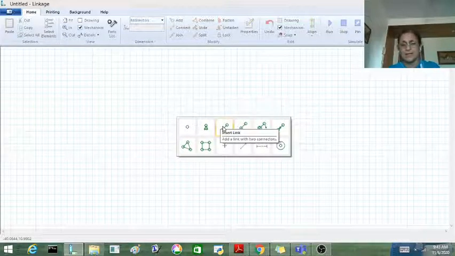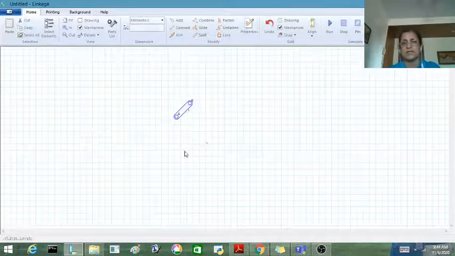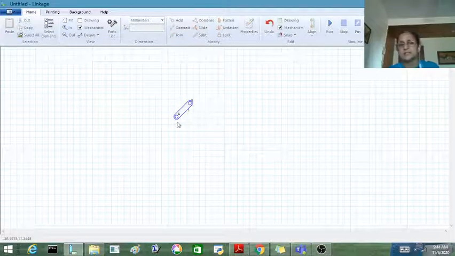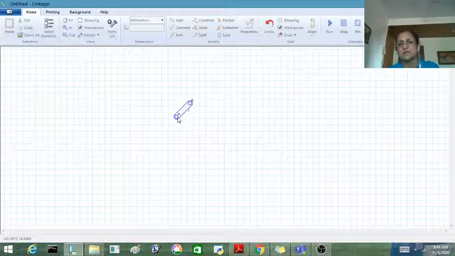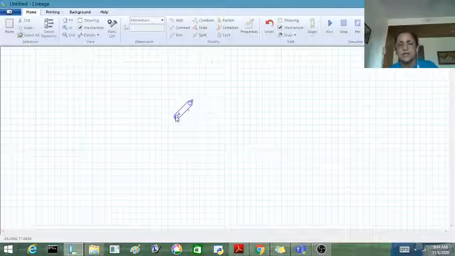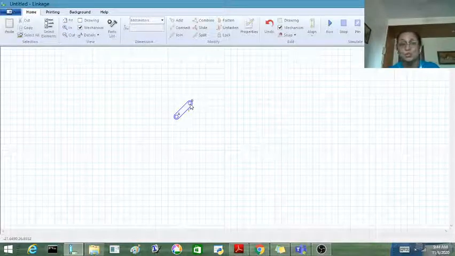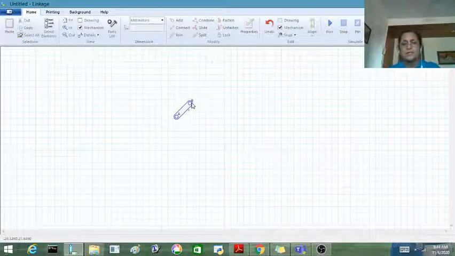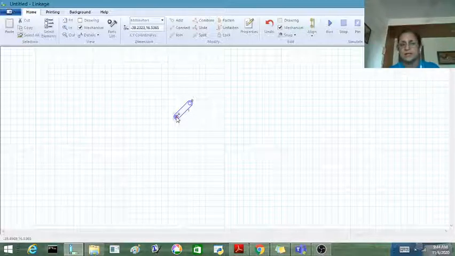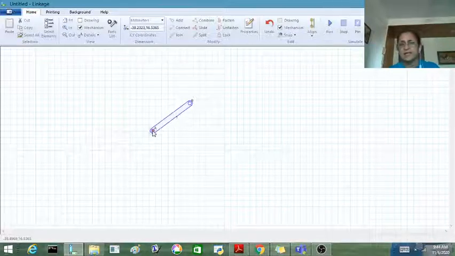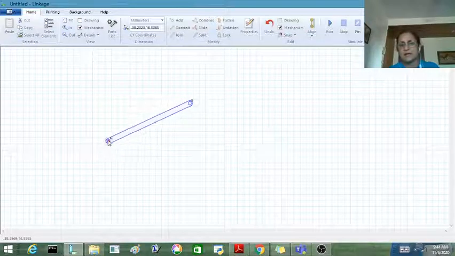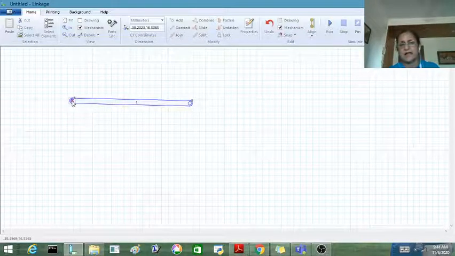I'm going to click on insert link, and a link is inserted, of some size. It has 2 points, A and B, which are its endpoints or nodes. If I point the mouse pointer here and left click, it gets selected and I can drag it.